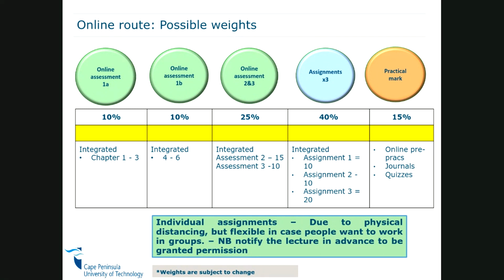So in some of the chapters, after each chapter, as you see in your remote study guide, it would say complete, read from slide 1 up until slide 24, and then what are the things that you must do? You must do an online test, you must do an assignment, you must do certain things. So it's explained in the study guide. There will also be due dates for those things, but we will try to open them well in advance for you so that you can have enough time to attempt.